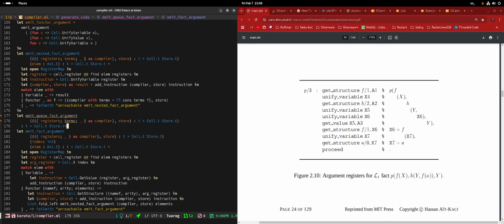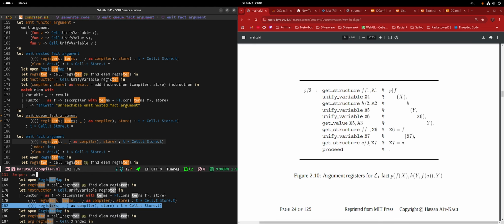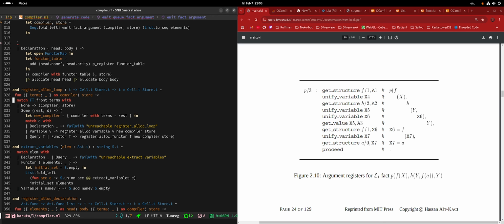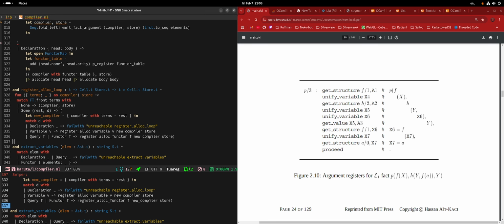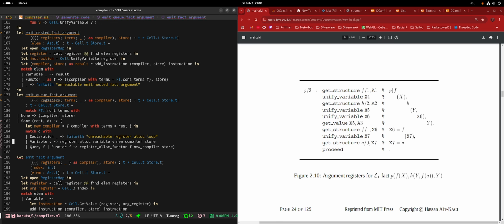Basically, what this is going to do is check if the queue is empty. If it is, we're done. We can just return the compiler. If it's not empty, we pop the front item. We do an emit fact argument on that value, and then we call ourselves recursively in a tail position. Yeah. Okay.